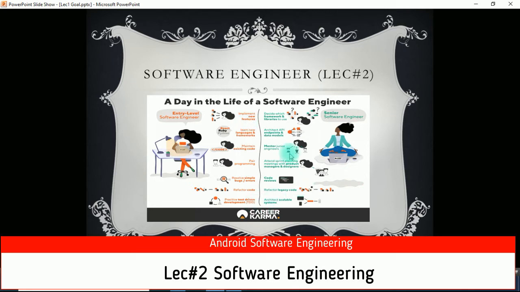Means the senior software engineer leads the company and decides which framework to use to develop any application, and which APIs and data models. They also teach the entry level and new software engineers, and review the code of the entry level software engineers, and they do much more also.